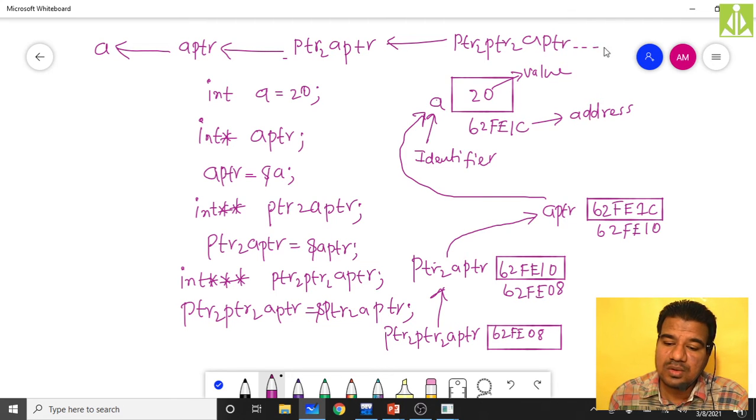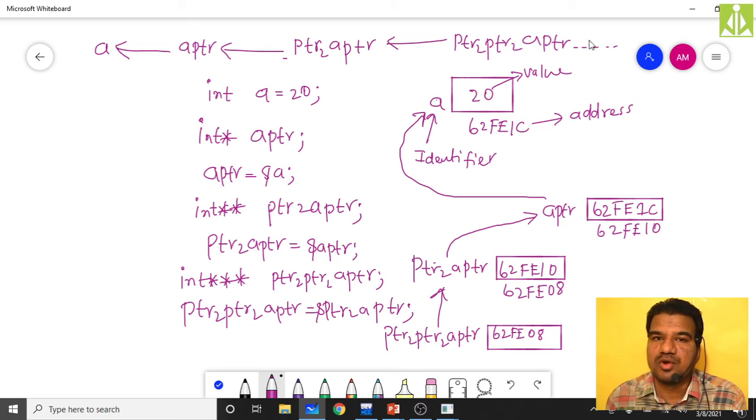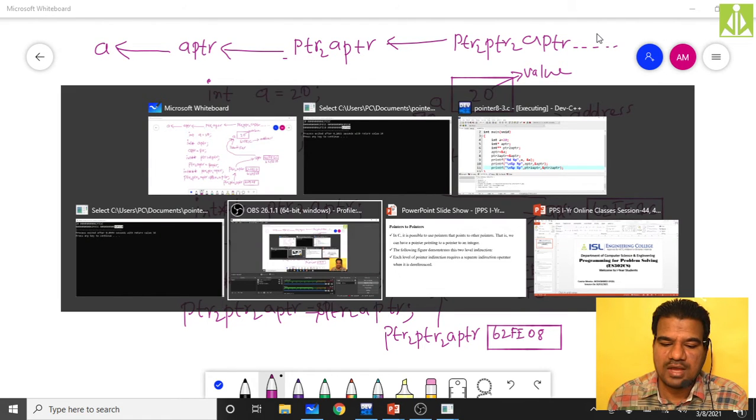So like this you can have many levels of pointers. There is no limit on that. As much as your patience is, as much as your requirement is, that many levels of pointers you can use in your program. Okay, so quickly we will go to the slide and we'll see what we have over there.